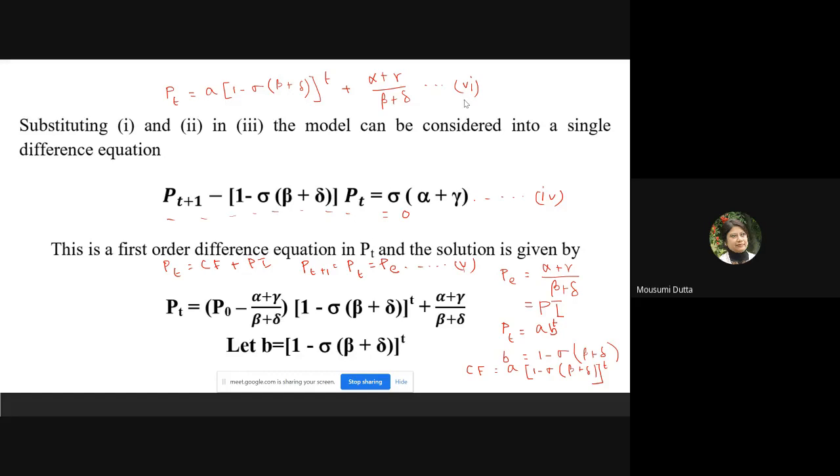So in the next step, what will we do? Find A. T will be equal to 0. Very good, so please write down. To derive the value of A in equation number 6, we set